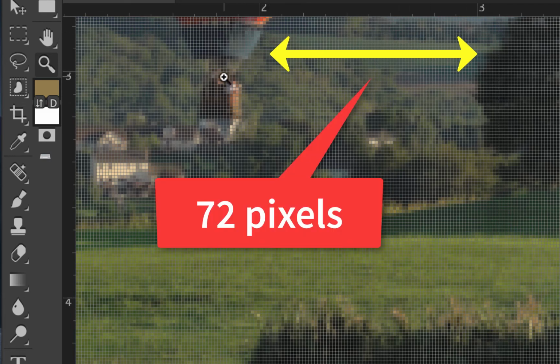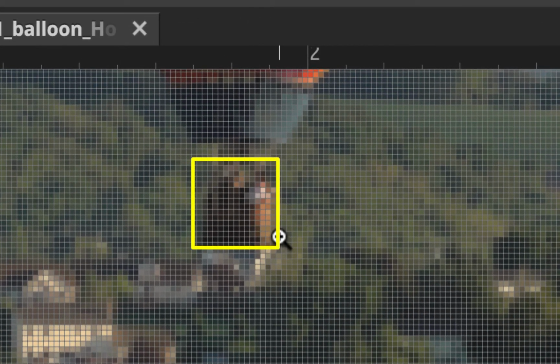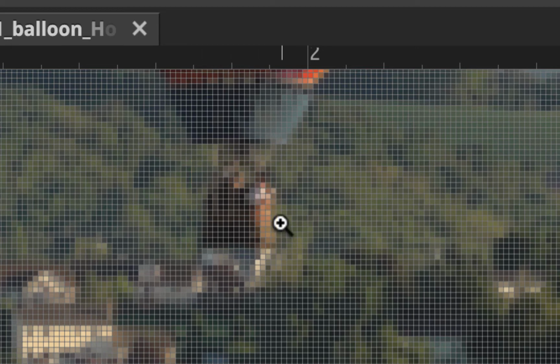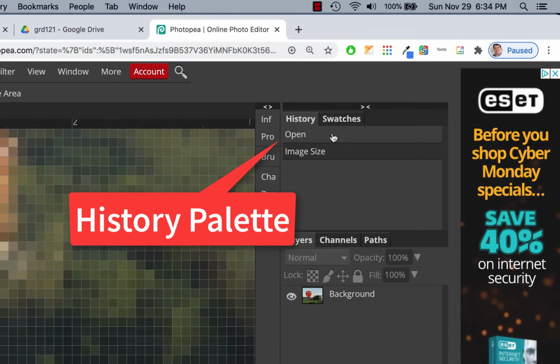So that's a huge difference. If you get in here to a 1/4 inch, there's not many pixels. If you think of a 1/4 inch and you take the quarter amount of pixels, that's a quarter of 72. That's like 16 pixels or so in this little area of where these people are. So that's really hard to see a lot of detail. So the nice thing here is if you needed to go back, you can go back here and go back